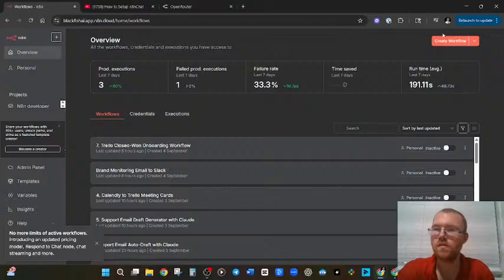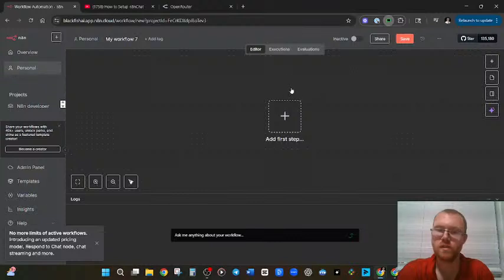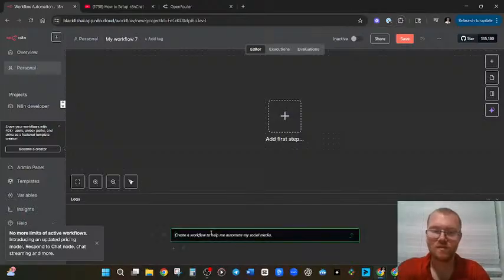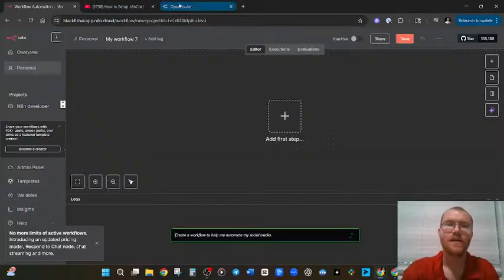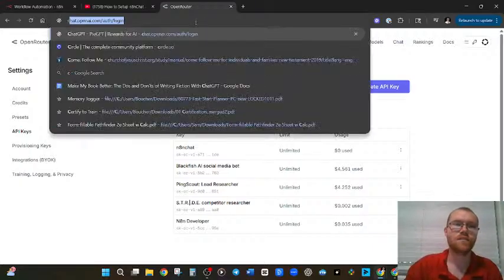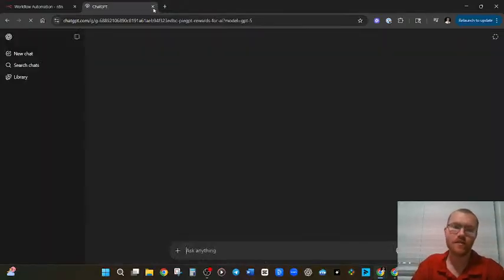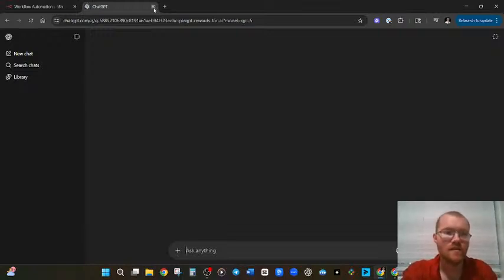So, okay, let's go ahead and create a workflow. How does this work? Do I genuinely just say activate on current page? Dude. Okay. I see you. Now, let's go ahead and chat OpenAI. And we're going to go back to our list of workflow prompts and see if we can